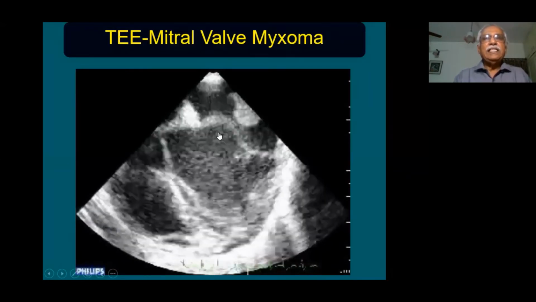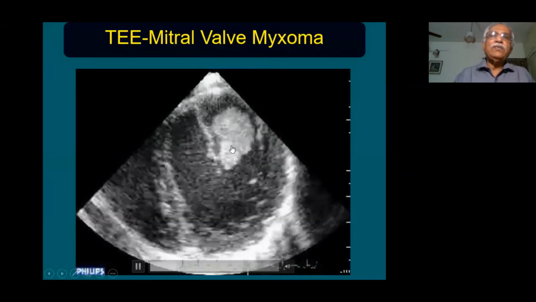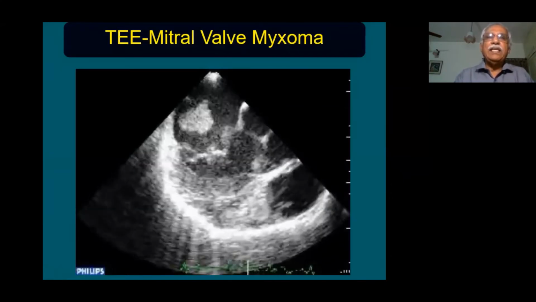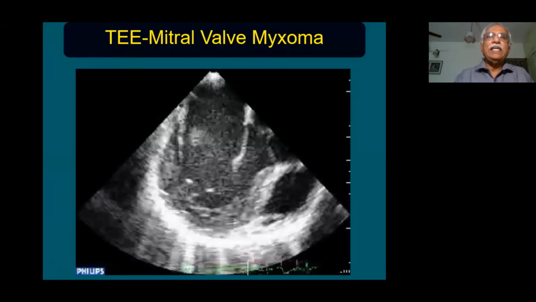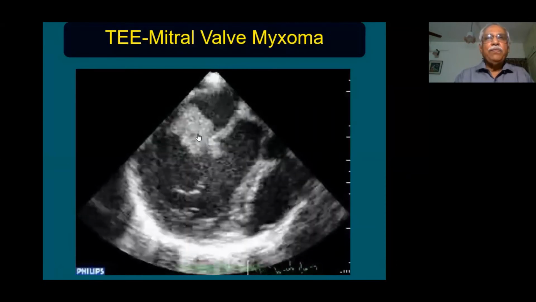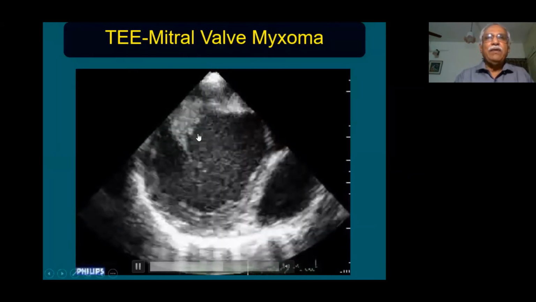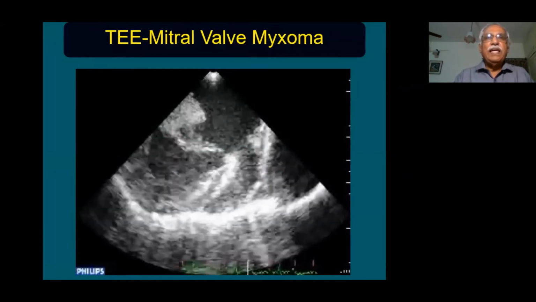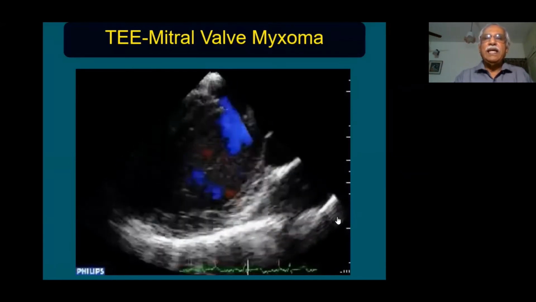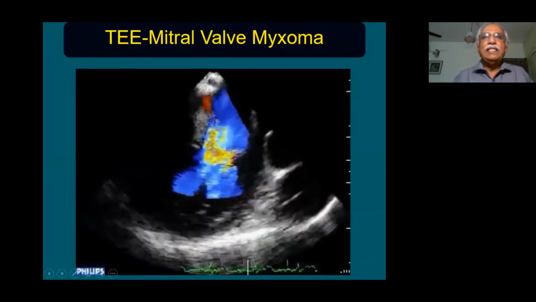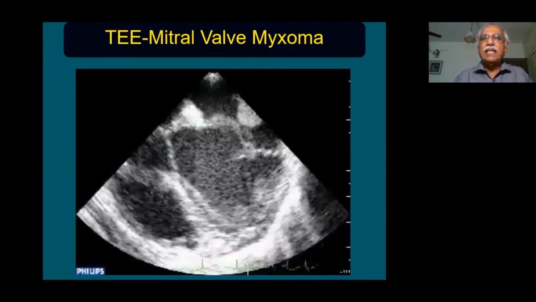So in all these cases of mass, we try to diagnose the type of mass from its attachment, mobility, and the lesions it is producing. But the exact histopathology of the tumor mass cannot be diagnosed from the echocardiogram alone. For that, we have to remove the mass and analyze it pathologically. Then only we can say definitely this is a myxoma or this is an LV clot, etc.